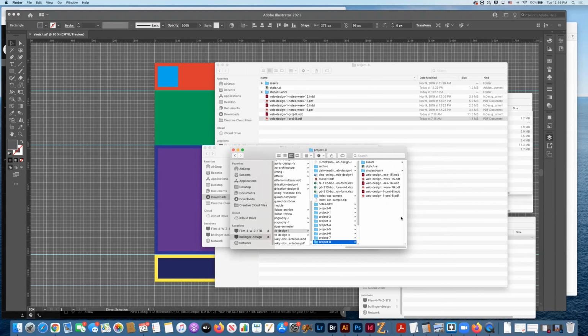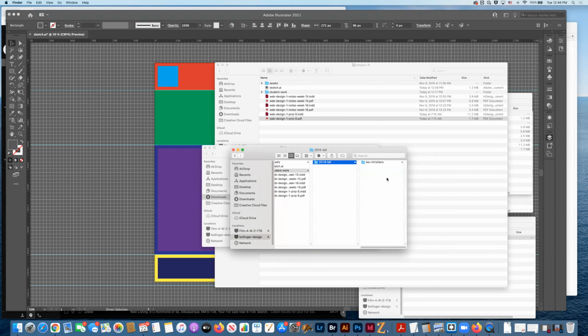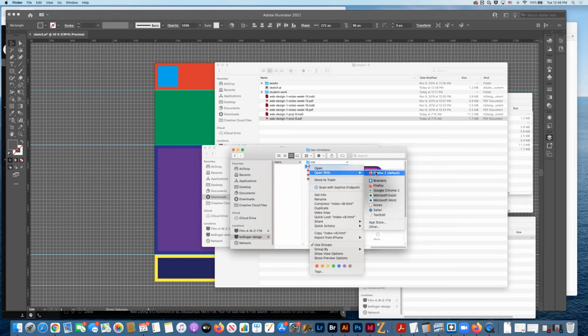This particular example was done by a former student of mine. And you can see he created a project folder. He has an index file. He should have just called this one regular index, not the dash v8. It's okay. I mean, it's not the end of the world. But he also has his styles, CSS. So everything looks to be in good order. So what I'm going to do is I'm going to open,